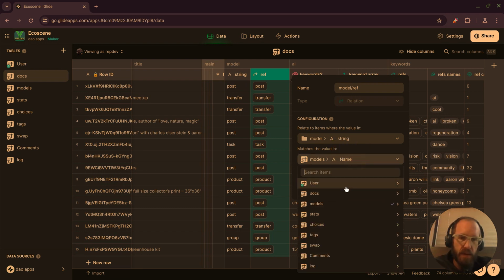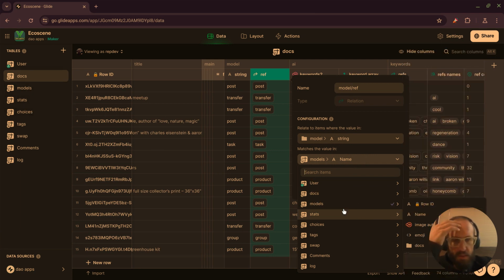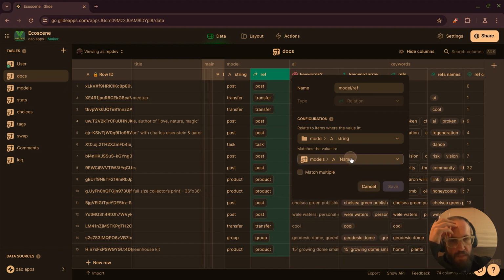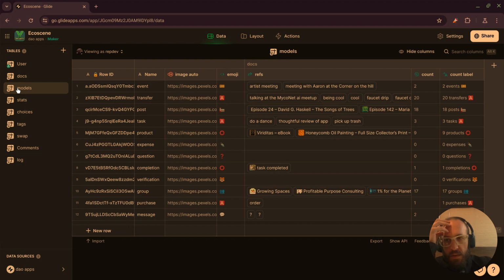I could click here and I could go through all the other tables, and I can click to see what value I want to match it to. So if I go into the models table, now there's just a set of these models which I can change on a whim,